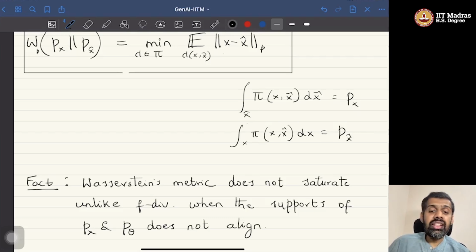Okay, this is the take home message, that we came up with a metric called the Wasserstein's metric that does not saturate whenever the manifolds of the corresponding supports of the corresponding distributions do not align. Okay, now the next question that is to be asked is, how do we use this for building